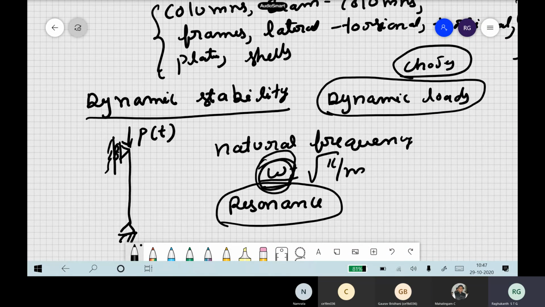No, stability is a very important mathematical problem. The problem is linear, but solutions are many. You followed, right? That is a specialty of buckling. You remember the starting class I told you. Linear problem means you assume there is only one solution, but buckling is a different case. You have multiple solutions, but in design we take only the lowest load. That's a different issue. But mathematically it is linear with several solutions.